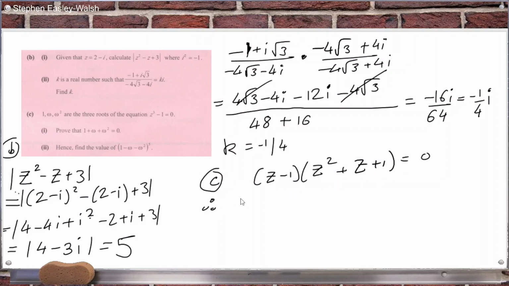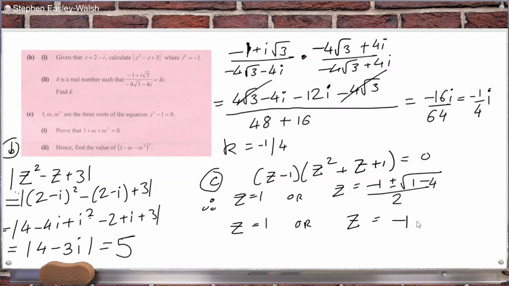So therefore z equals 1, or z equals minus b plus or minus the square root of b squared, which is 1, minus 4ac all over 2a. So that means z is equal to 1, or z is equal to minus 1 plus or minus root 3i over